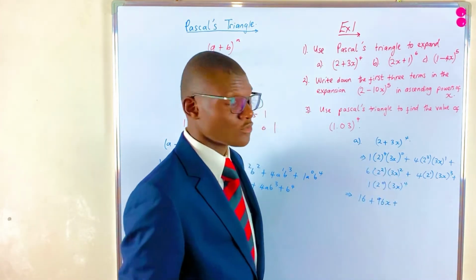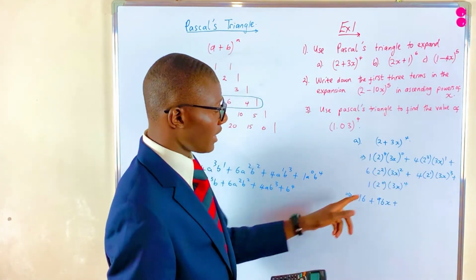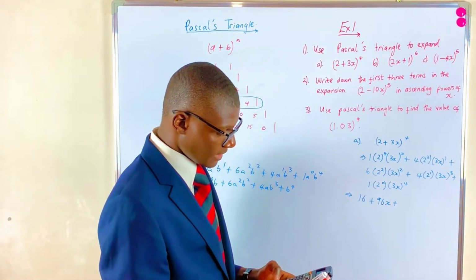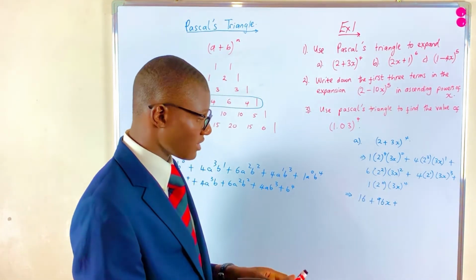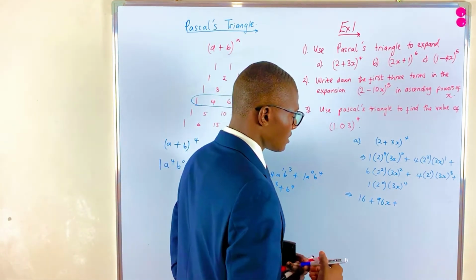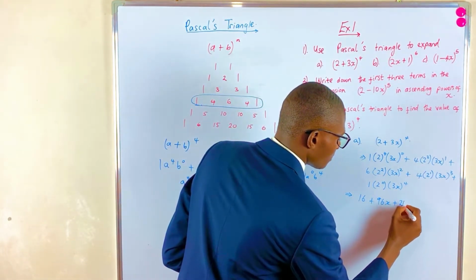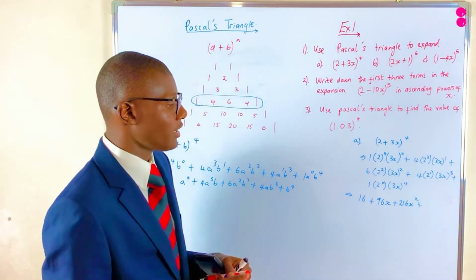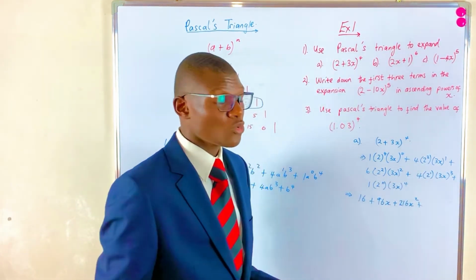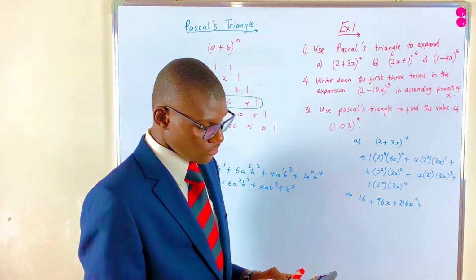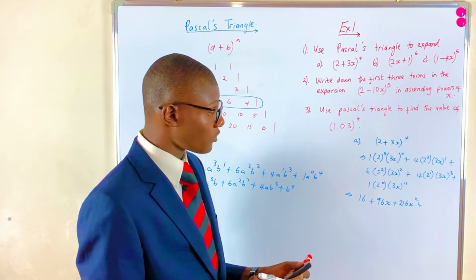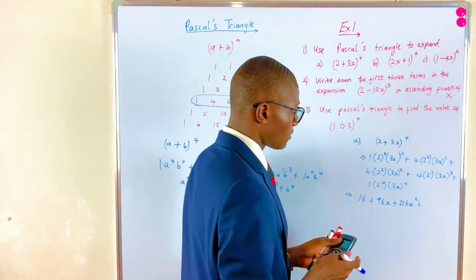(3x)^2, that's 9x squared. 9x squared times 4 times 6, that's 9 times 24, to give us 216. So I'm saying 216x squared, plus (3x)^3, that's 27x^3. So 27 times 2 times 4, we get 216 as well. So this will give us